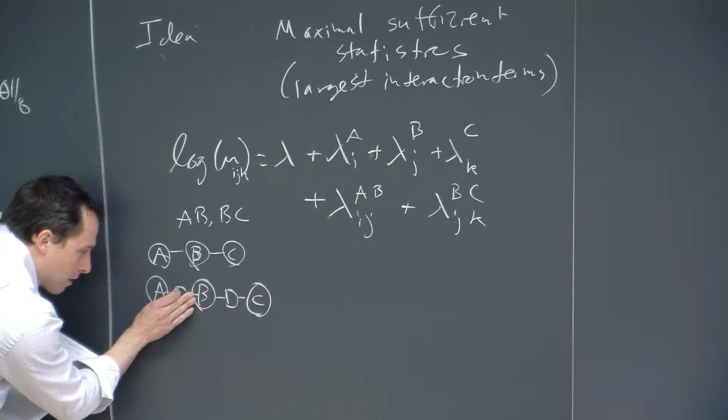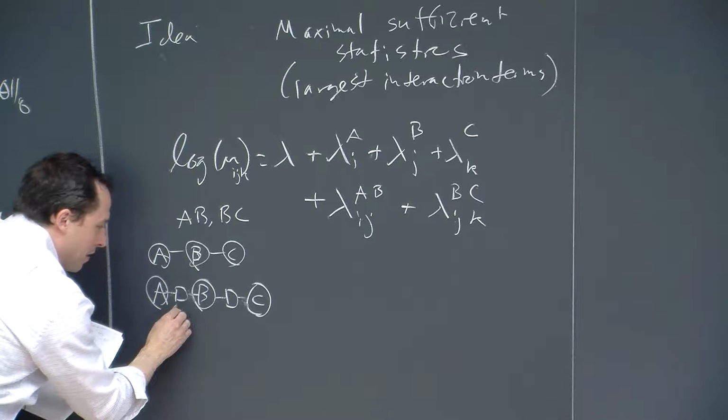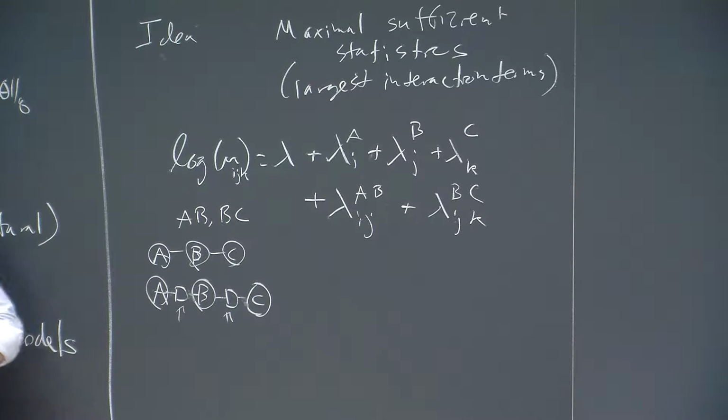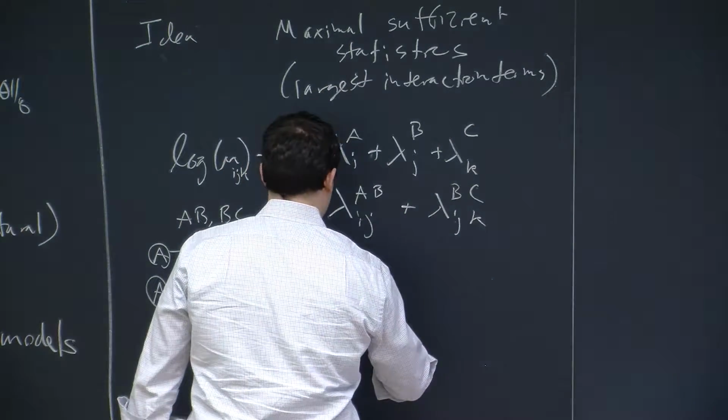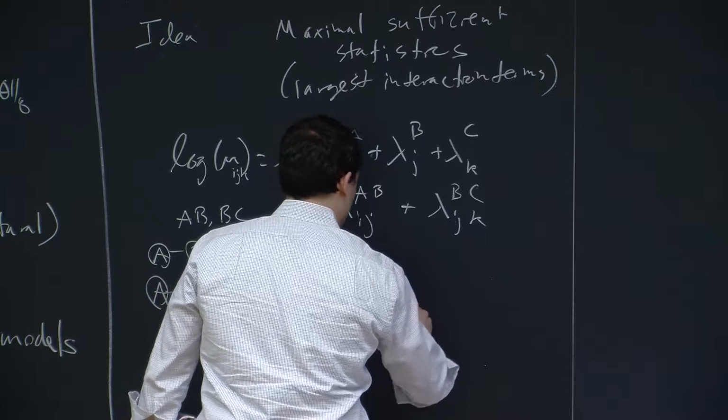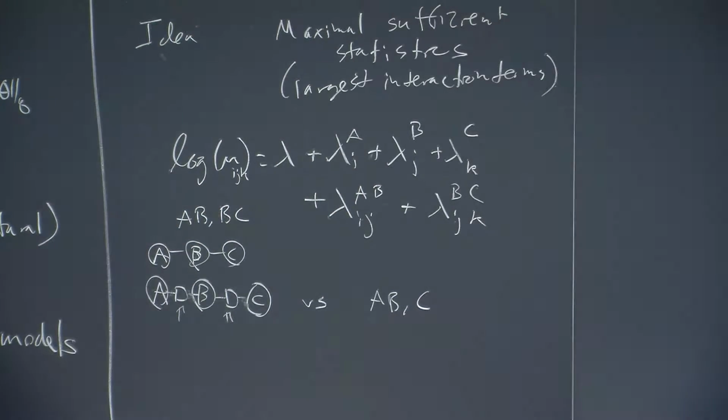These correspond to the overlap between these two variables. These are kind of the largest subtables of counts that we're measuring when we're looking at the table. And the idea is that if I focus on comparing models, like saying this one versus ABC, the one with no BC interaction,